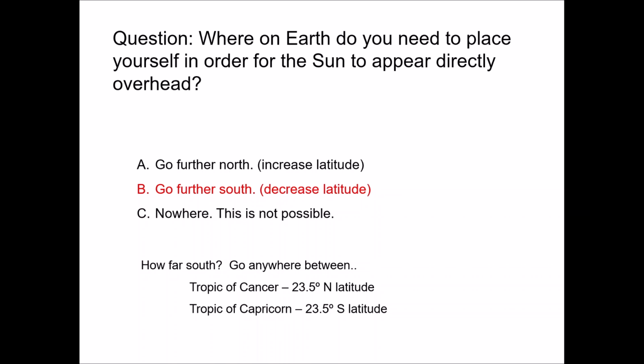And the significance of these two lines is that if you are within these two latitudes of the equator, then the sun will get directly overhead for you at some point. But for the Tropic of Cancer, that some point is the first day of summer, and for the Tropic of Capricorn, that would be the first day of what we would call winter in the northern hemisphere. Obviously, in the southern hemisphere, they're going to call that summer. So you can get it directly overhead, but you got to be close to the equator for that to occur.